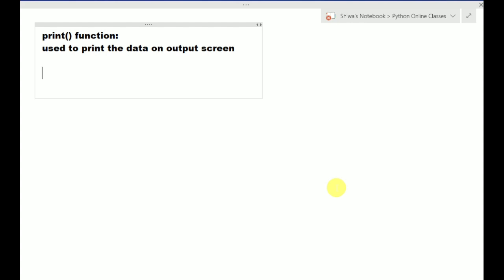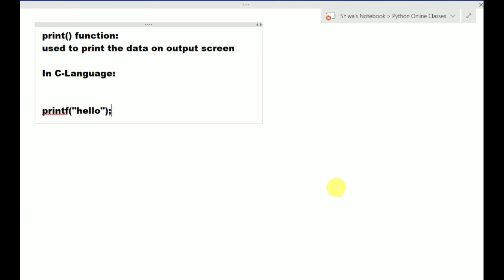In C language, to print the data, we use the printf function. So C language provides the printf function to print the data on the output screen. For example, I want to print hello on the output screen. So we write printf, then specify the string in double quotes. In the double quotes I am writing hello. The string must be enclosed in double quotes in C language, and in C language every statement ends with a semicolon. So I am writing a semicolon here.